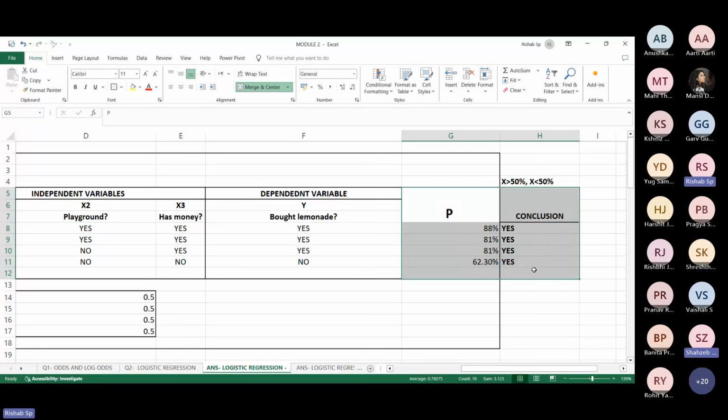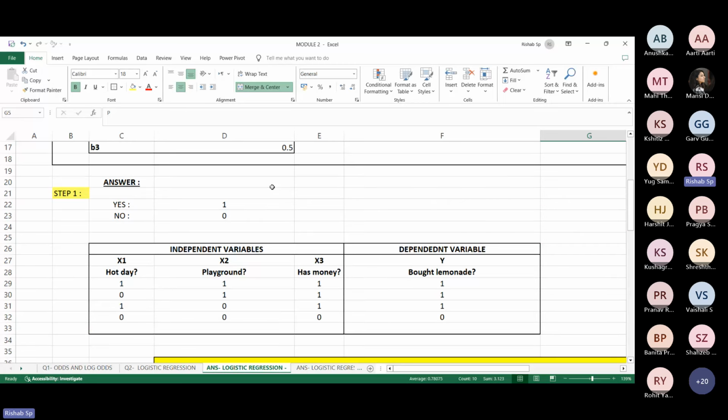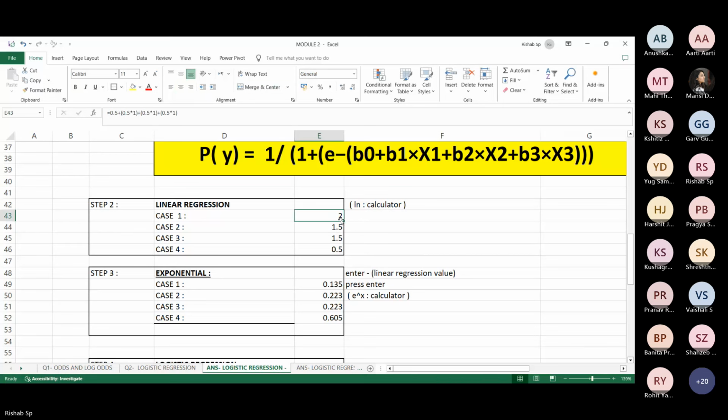Please explain step 2. Which one? Step 2. Okay, fine. If you guys have any doubt, please ask now itself. Explain about ln again, please. Yeah, fine. Step 2 is